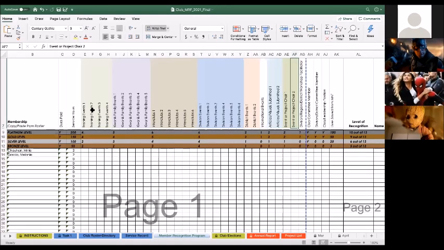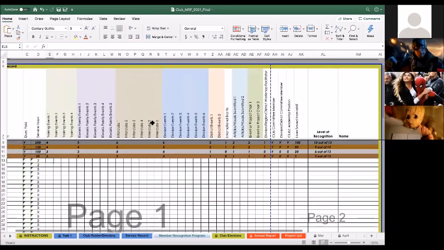MRP. Member recognition program. So basically, why is this a thing? This is to make sure that everyone in your club who has gone above and beyond what they're expected to do as a member of Key Club gets properly recognized, and it could be towards the district or international level even. It really just depends on what they do. So basically all you got to do here is, as you can see, the names are already put in place as they're automatically